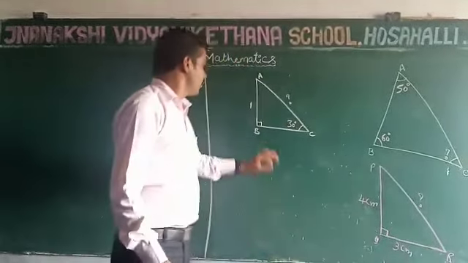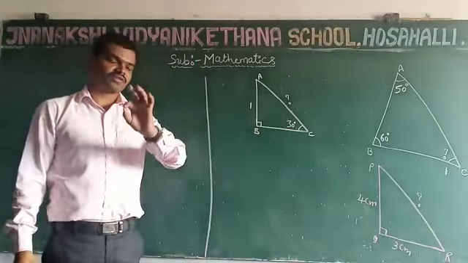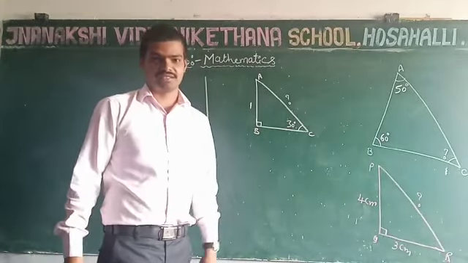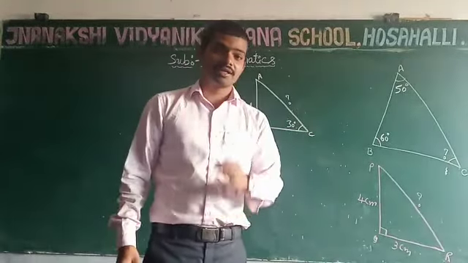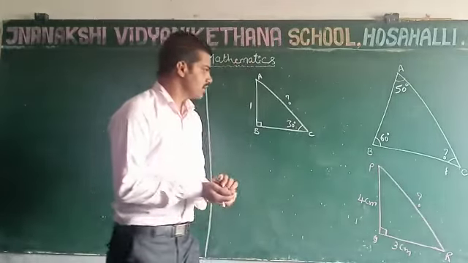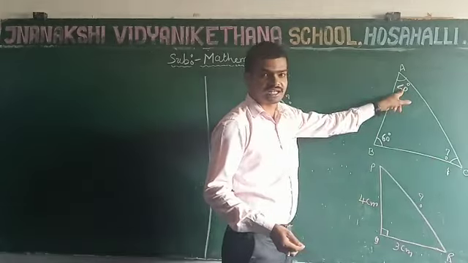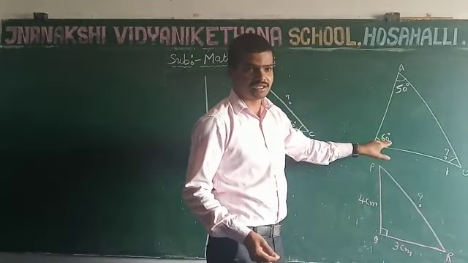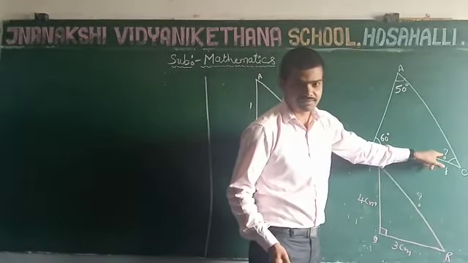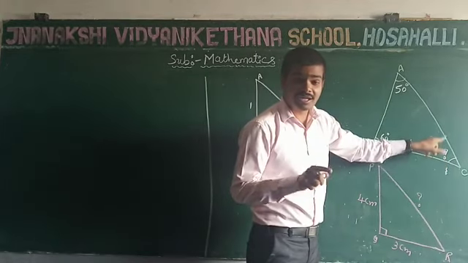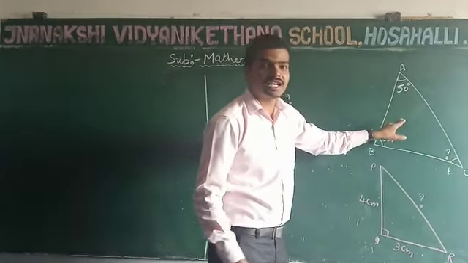Today we have to discuss one of the most important topics of class 10. So before starting my topic, I will ask some questions. See here, in the triangle ABC, angle A is equal to 50 degrees, angle B is equal to 60 degrees. Then what is the measure of angle C? Is it possible to find the third angle C when two angles of a triangle are given?